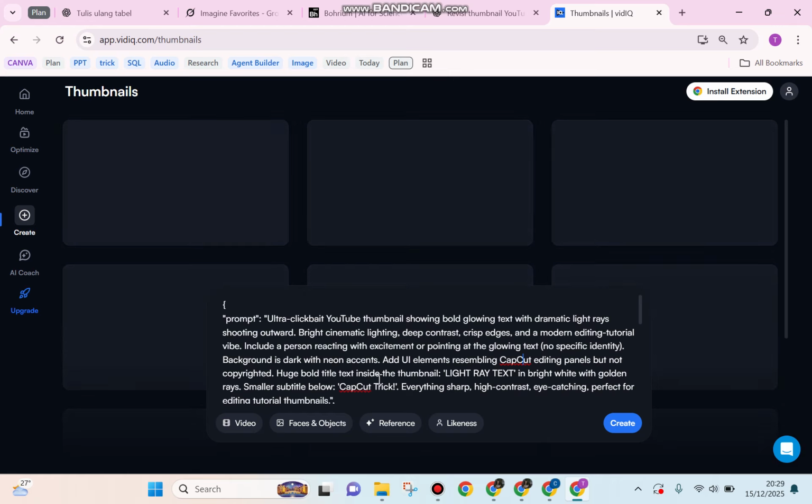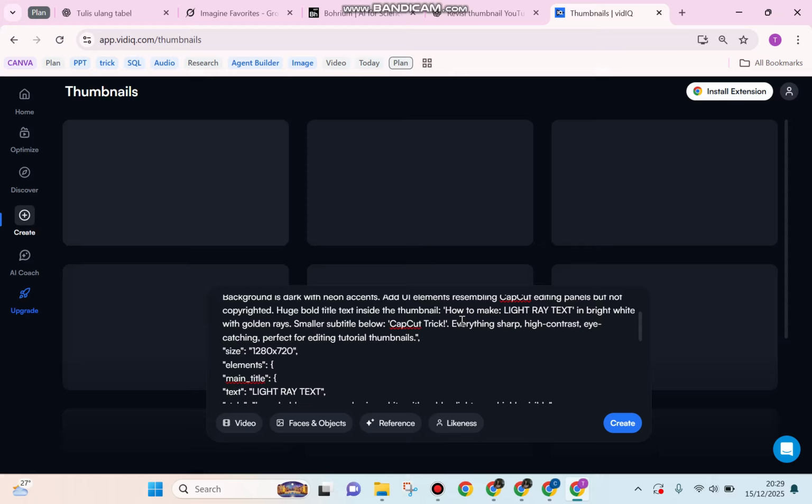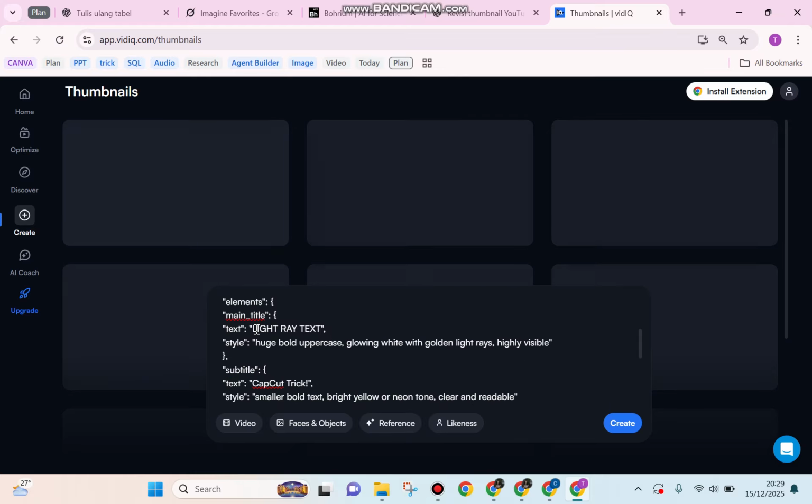For example, here the huge bold title is gonna be the light ray text, and I will add some text, how to make, give the colon, and I will create the text here again, how to make colon again,